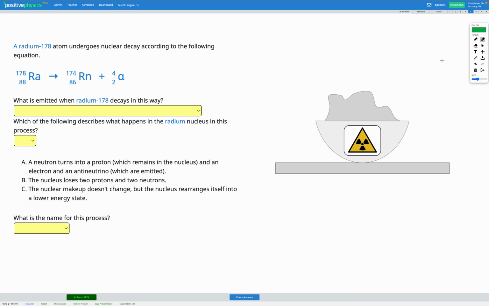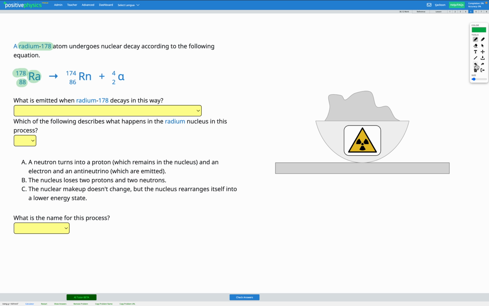In this question, we have a radium-178 atom that undergoes nuclear decay according to the following equation. Our goal is to figure out what's happening and what type of decay is happening. So, looking at our equation, we're starting with radium with 88 as the atomic number and 178 as the mass